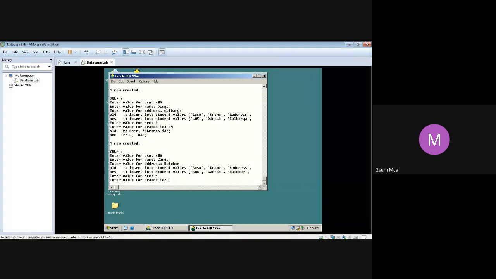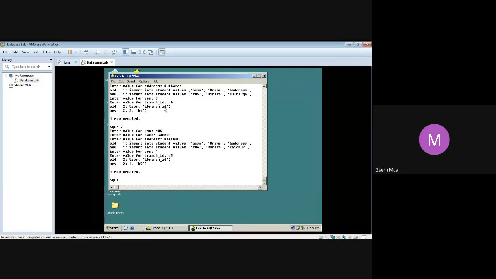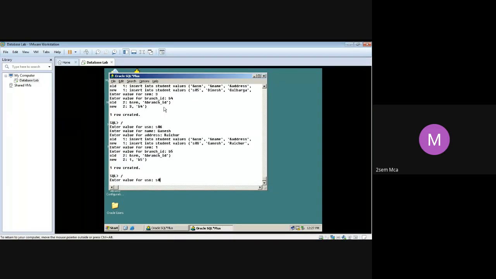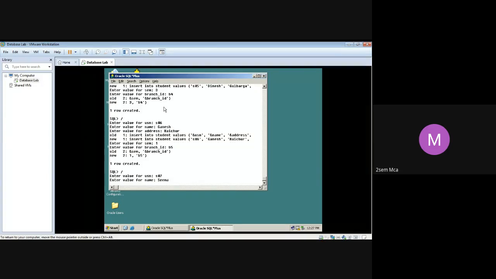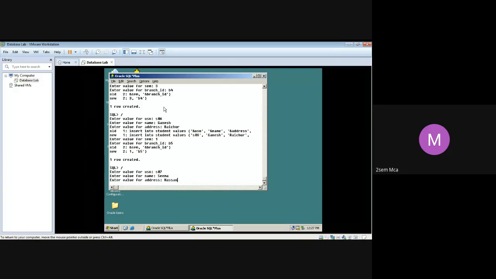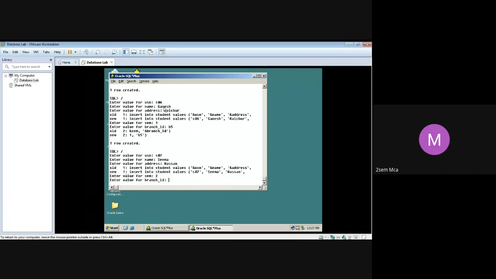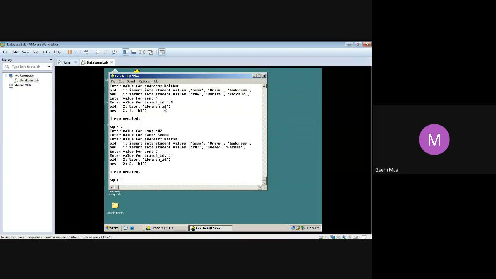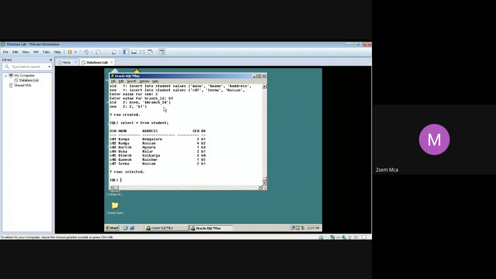Raichur, semester is 1, B5. S07. Seema, Hassan, semester is 2, B1. These are the data that we have to enter.